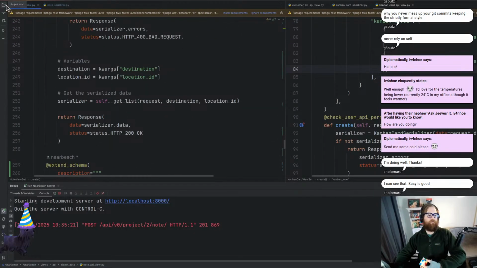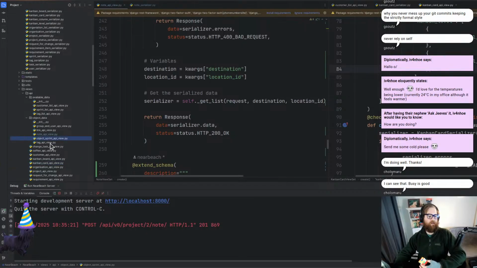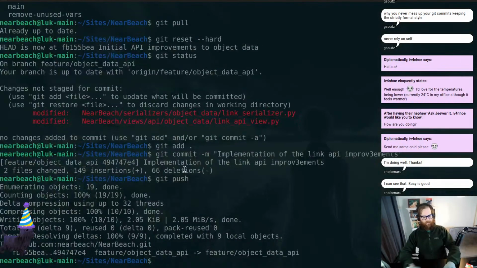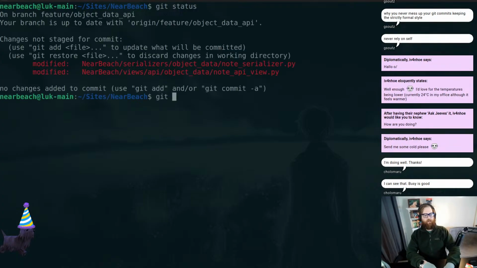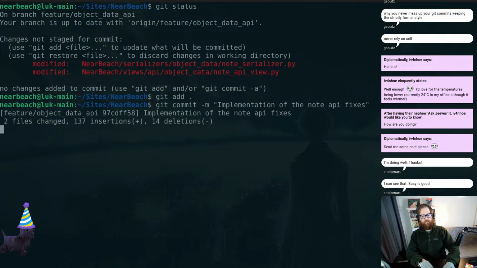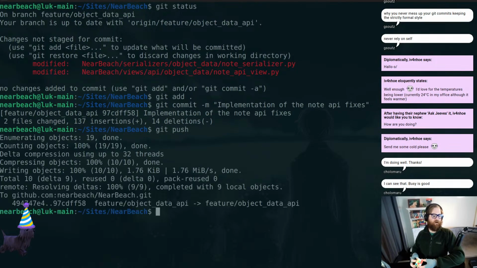So I'm going to open up this. I'm going to say, all right, Note API done. So we're going to go git status. Actually, I'm going to press Control L. All right, git add, git commit. Implementation of the Note API fixes, git push. And I've got ads in 5 minutes. All right, so